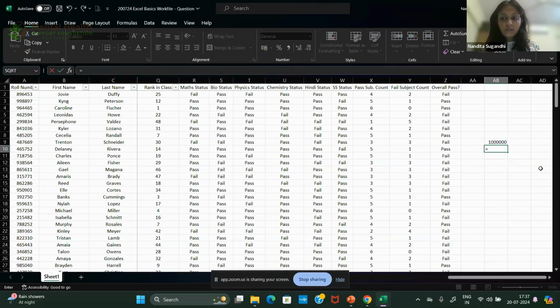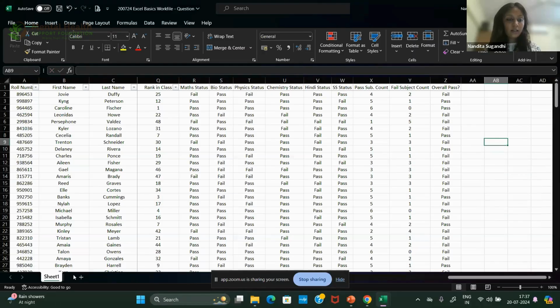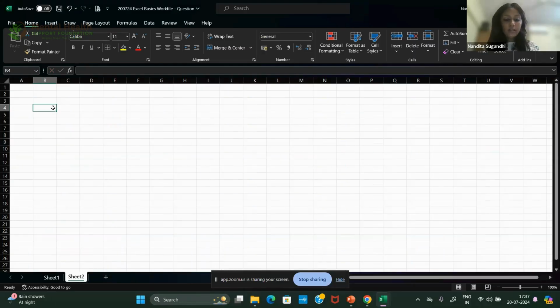I'll share a real life example with you. For example, there was a deposit you made in the bank of about 10,000 rupees. You did it for 5 years,